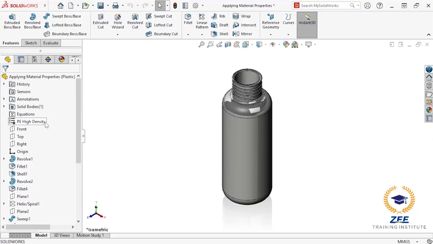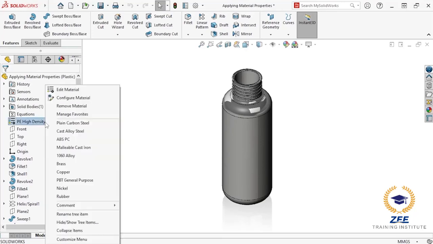Although SolidWorks provides an extensive library of pre-loaded materials, it may be necessary to apply a material to a part that's not found in the material library. In this case, a custom material can be created and added to the library. This is done by copying a material to a custom library and then changing the copy's properties. To begin creating a custom material, I'll right-click the material in the feature tree